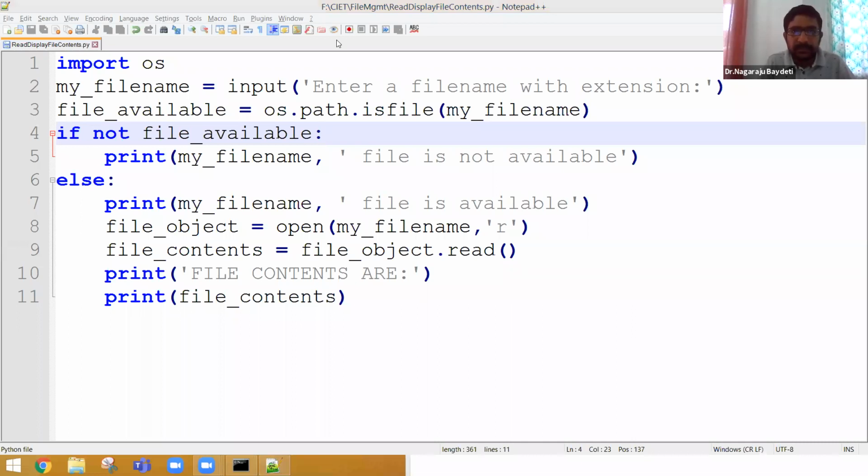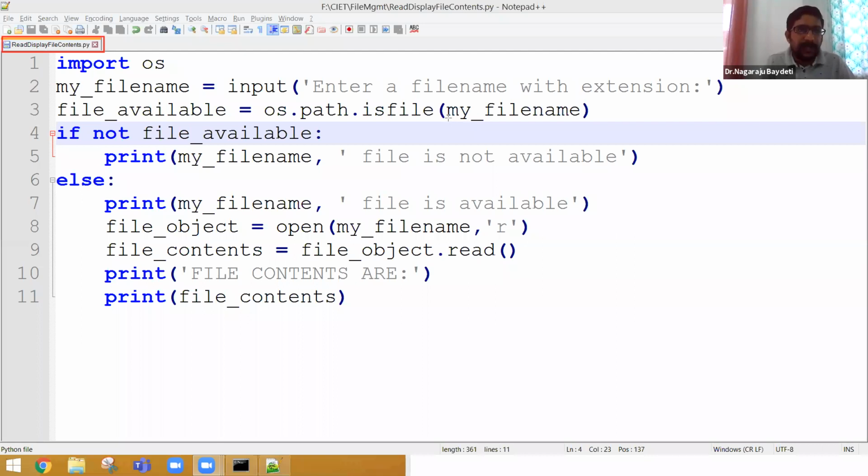The file name is read display file contents. Harish, please observe carefully, and in case anybody also has the doubt which Harish has raised, please observe carefully. I am writing one Python program. The Python program file name is read display file contents.